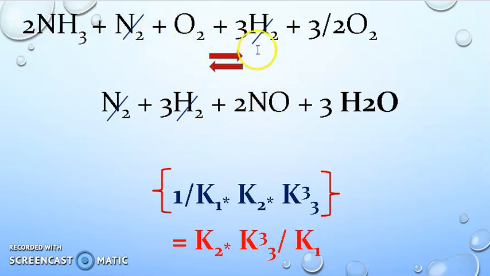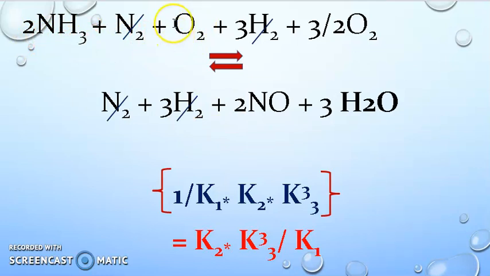After that, you just cancel the same terms here, okay? This equation maintains equilibrium between these terms. So we have to cancel the same terms here. Here N2 is there, here also N2 is there, so I have cancelled the N2. And here if you see 3H2 is there, and here also 3H2 is there, I have cancelled it. So what are the remaining terms? 2NH3 plus O2 is there.